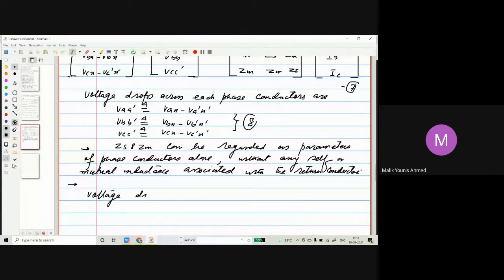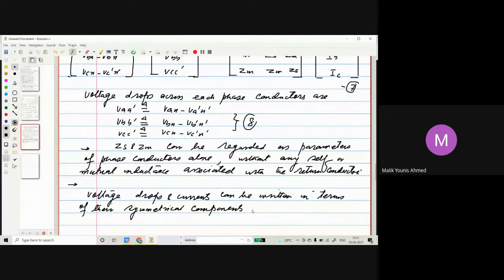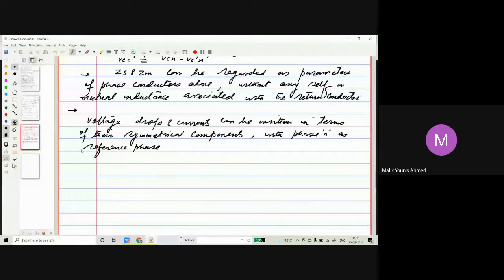Voltage drops and currents can be written in terms of their symmetrical components, with phase A as reference phase. So that will be A multiplied by